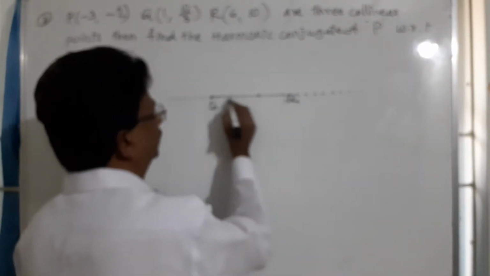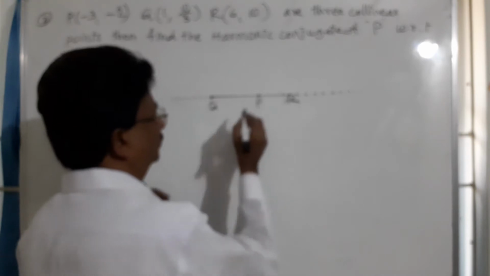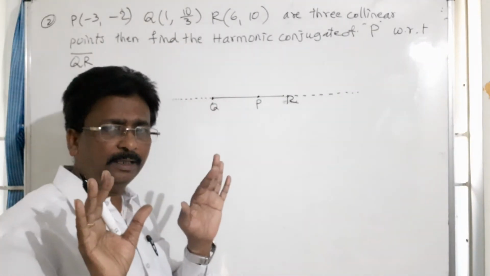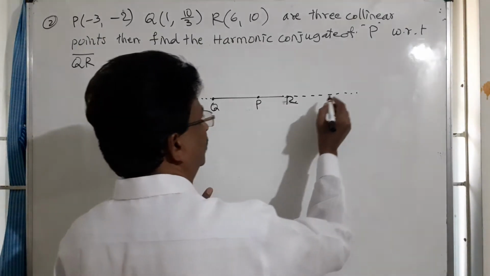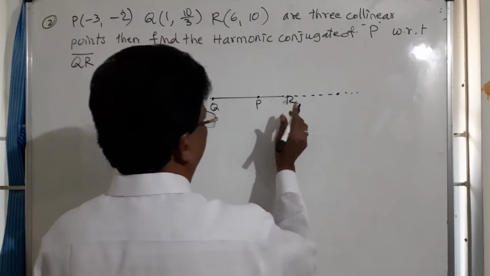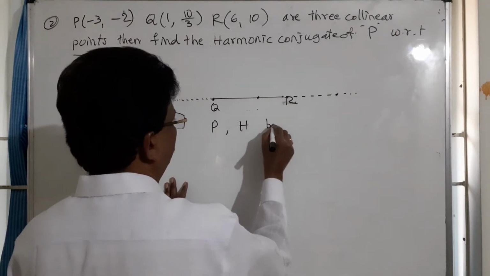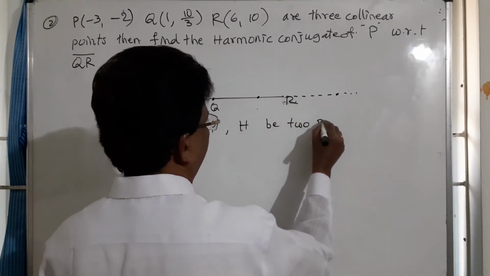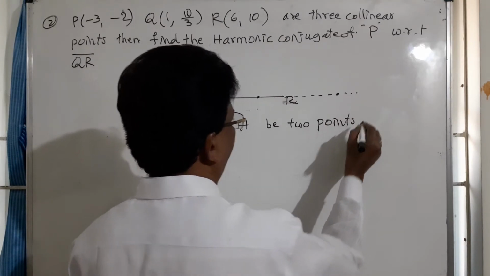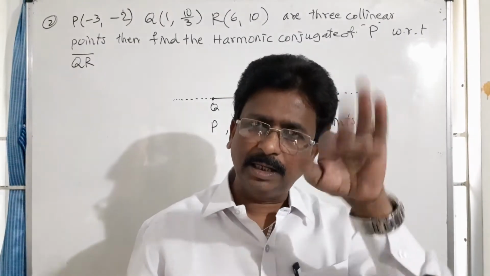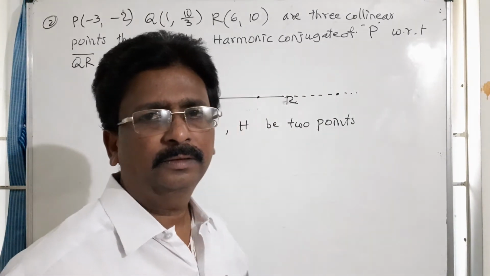Suppose P lies inside between Q and R, and a new point H also let us introduce here. H is a point. Let P, H be 2 points on the same line, such that